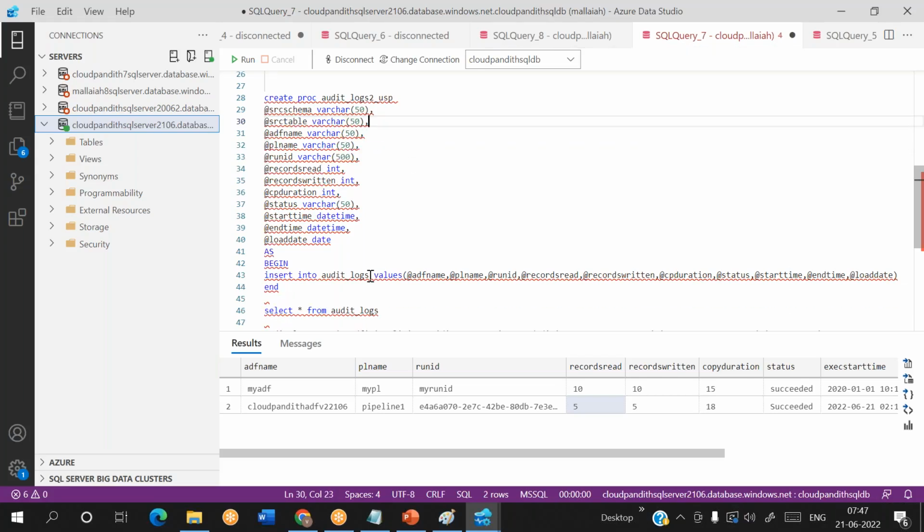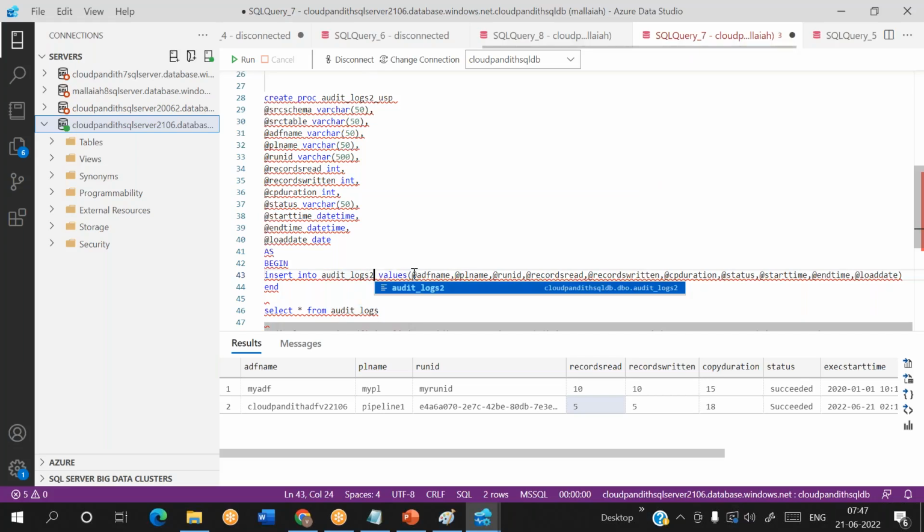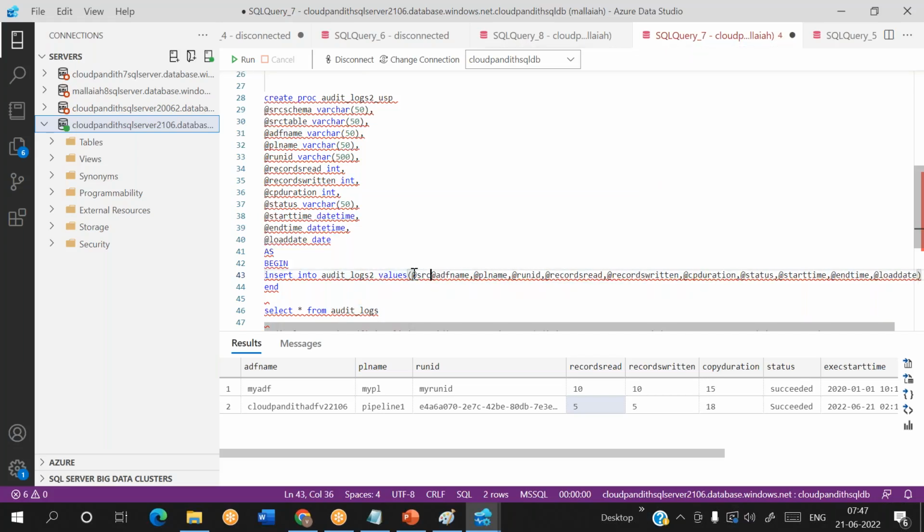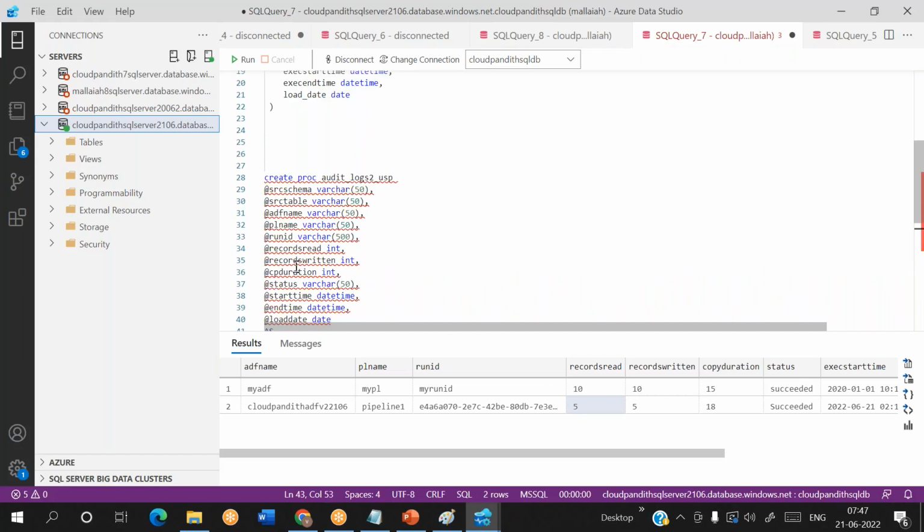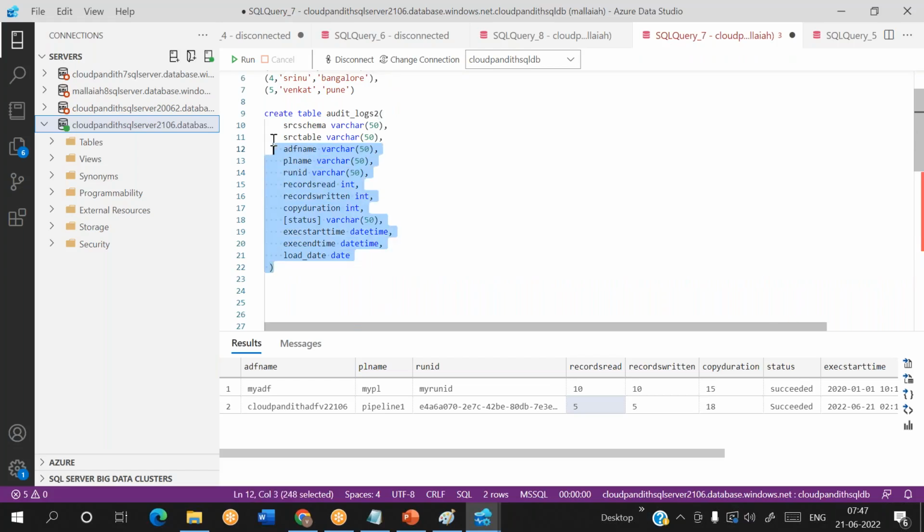Everybody got it? So this is the audit log 2 table, and we need to take two more parameters, SRC schema varchar of 50. Push it. SRC schema comma SRC table. That's all. So I'm creating audit log table 2,